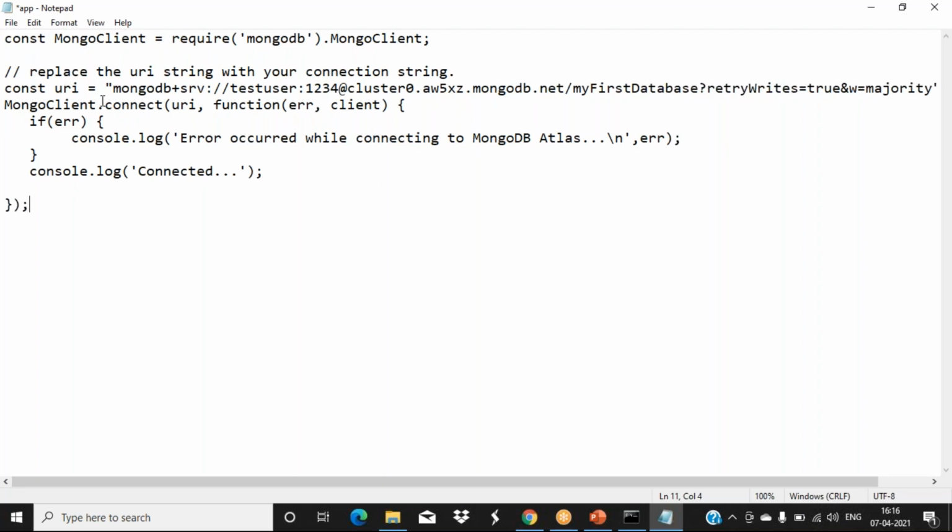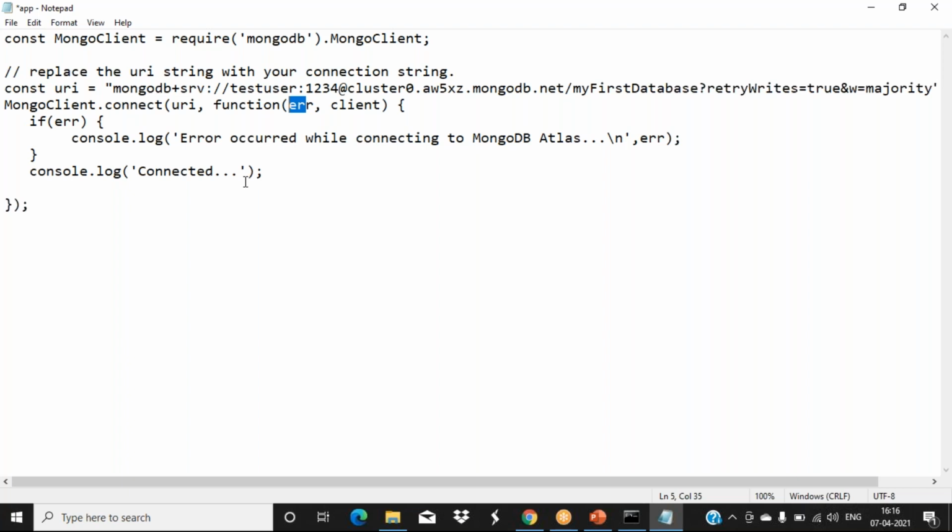Now, how will we connect it? This application, or this window, in which I have written the program in Notepad, I want to make a connection to my MongoDB service. For that we are using this connect method. In client.connect, the information we are giving is the URL, and we have given a function which handles the error messages. If an error object comes, meaning any error occurs, we print this message to our console window using console.log. Else, if there is no error, it means it is connected, so I'm displaying that to the user as well.